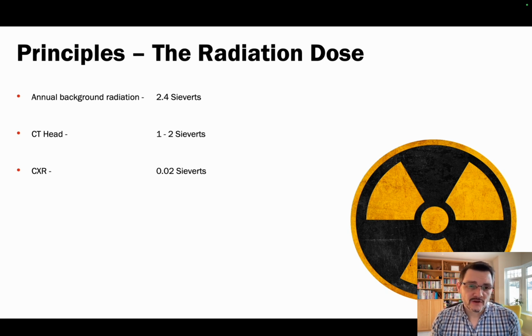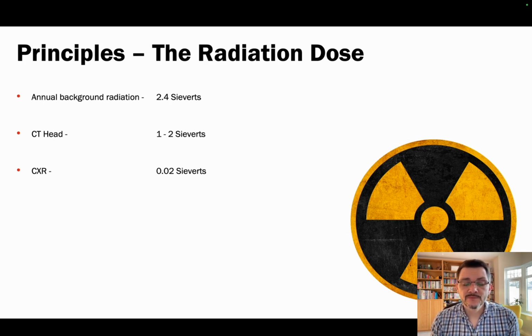Radiation is an interesting conversation topic with regards to CT head scans. People get very frightened about the amount of radiation exposure from a CT scan, but actually the dose is 1 to 2 sieverts, and the annual background radiation received is 2.4 sieverts. So in isolation, one CT scan isn't a significant increase in radiation exposure. It's about an extra year's worth